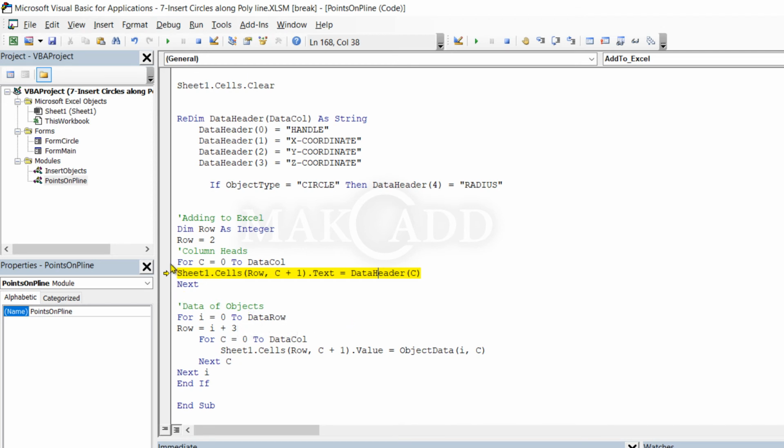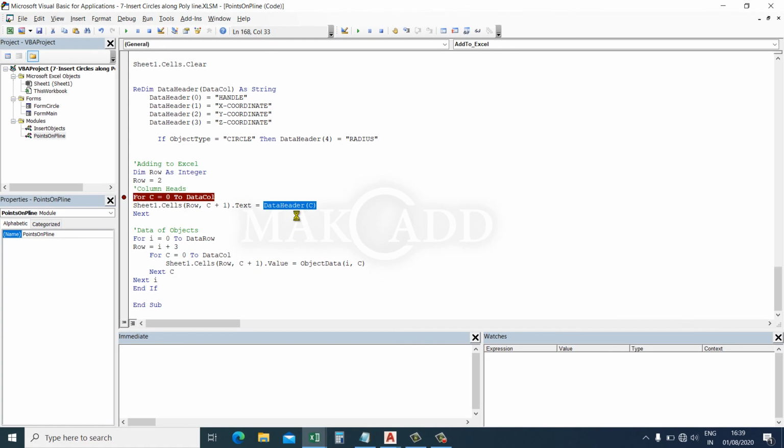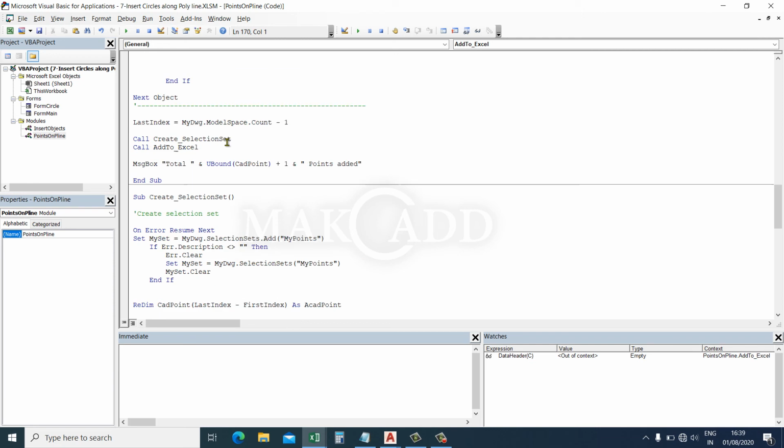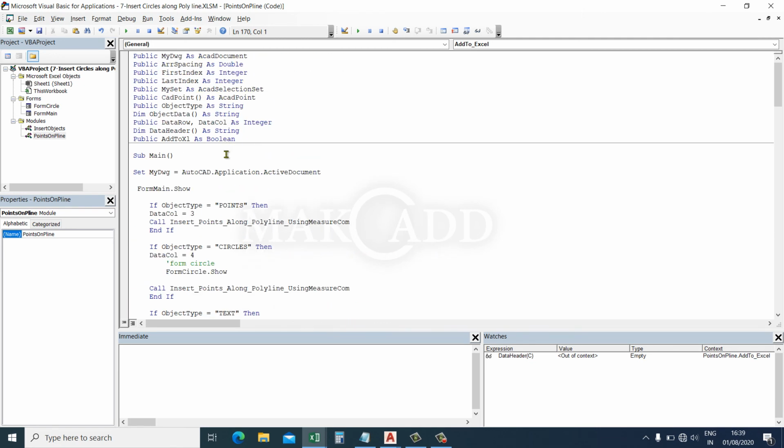Let us create a breakpoint here. Then we will drag this value to the watches window. So now we will run from the beginning.